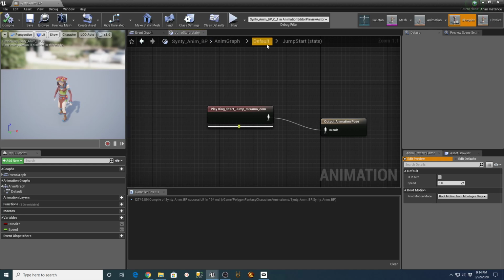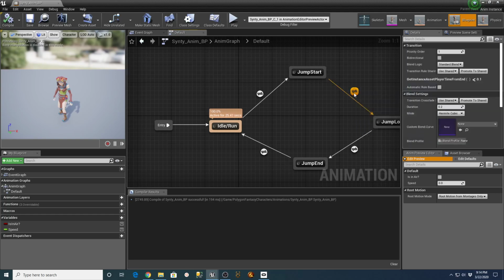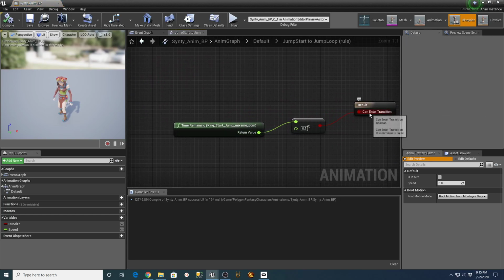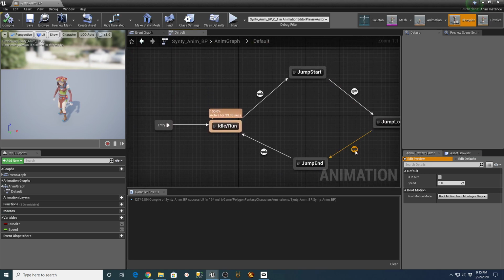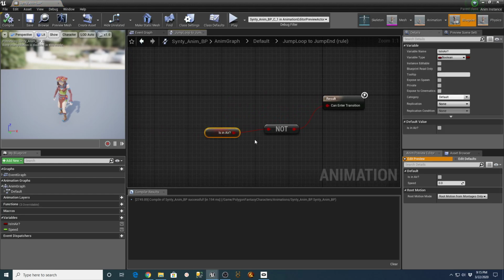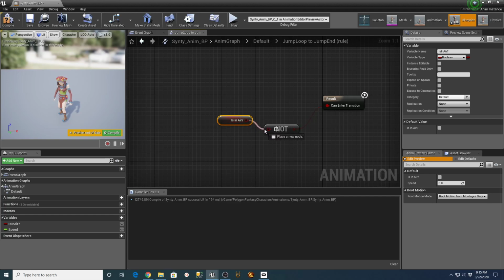let's see. That should work. Jump start to jump loop. So I'll delete this one and bring over our is in air. And if we're not in the air, then we can enter the transition.